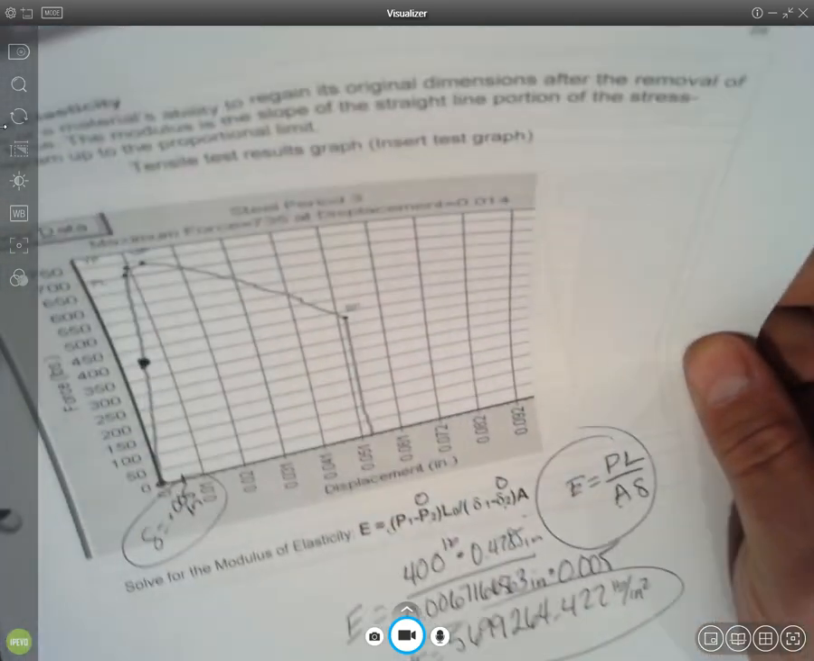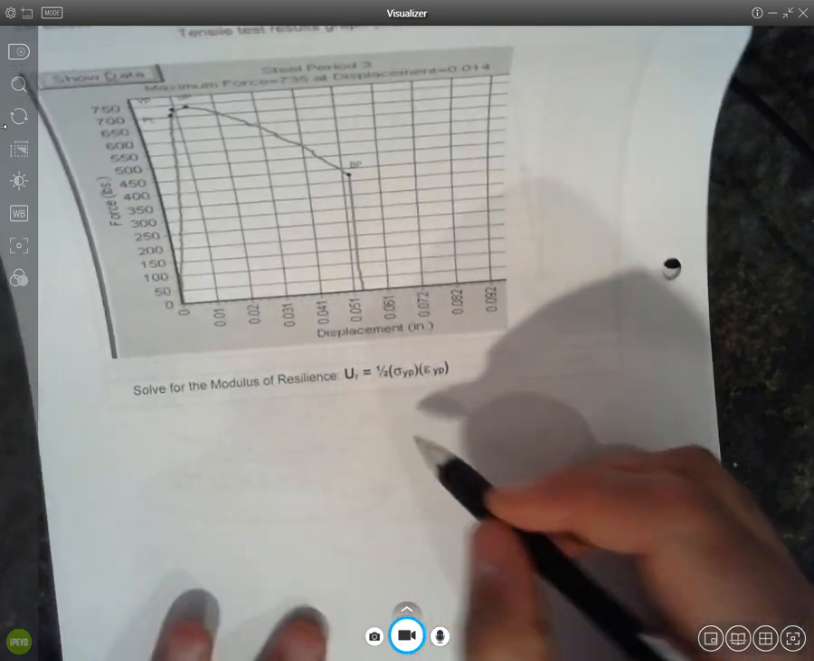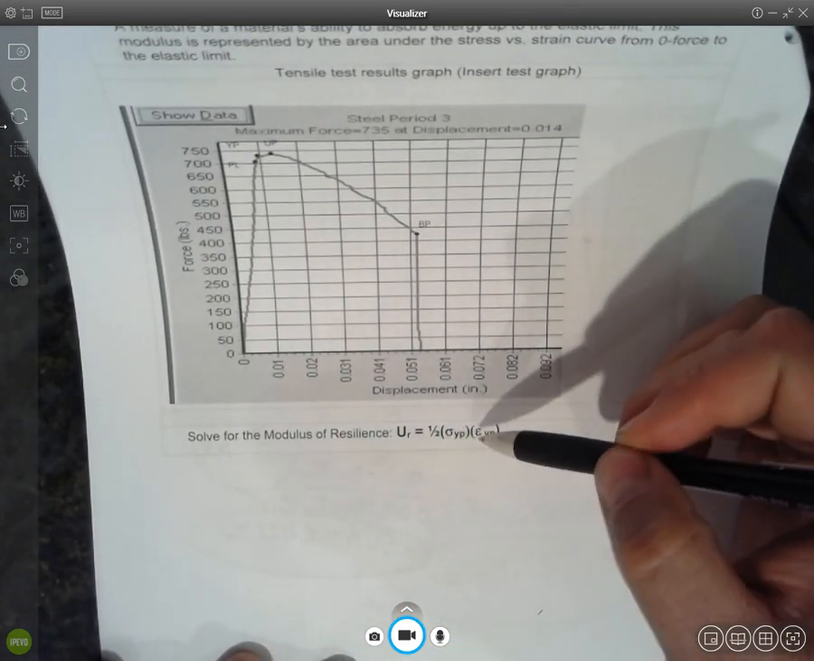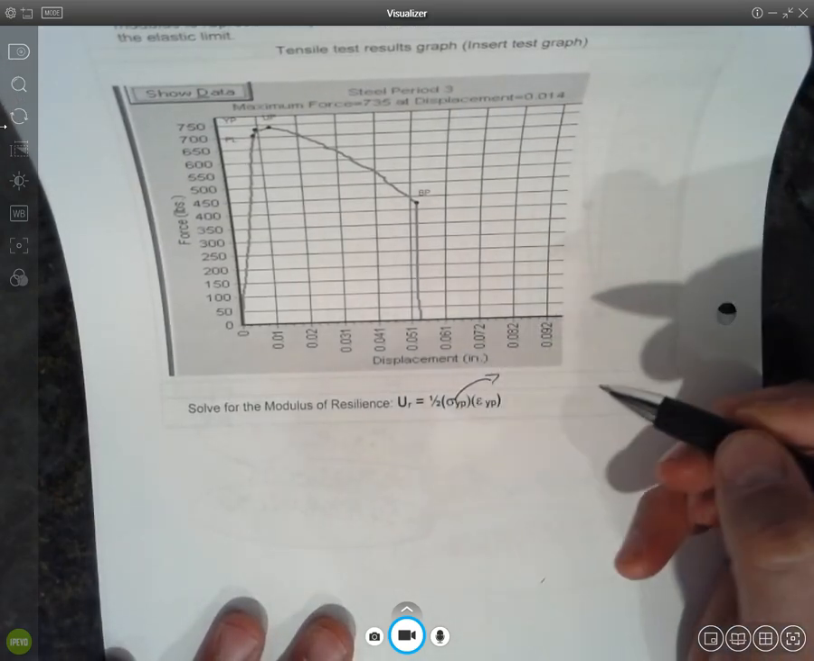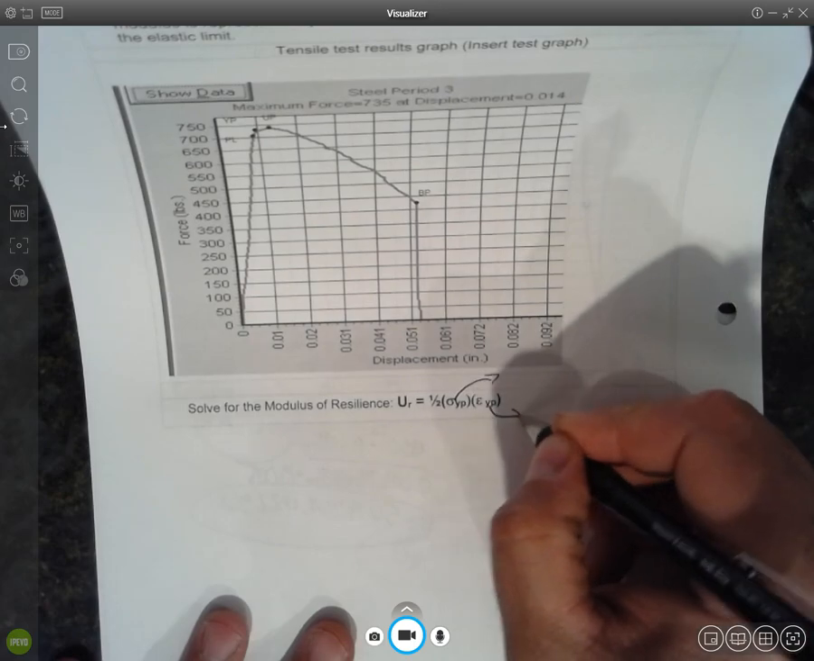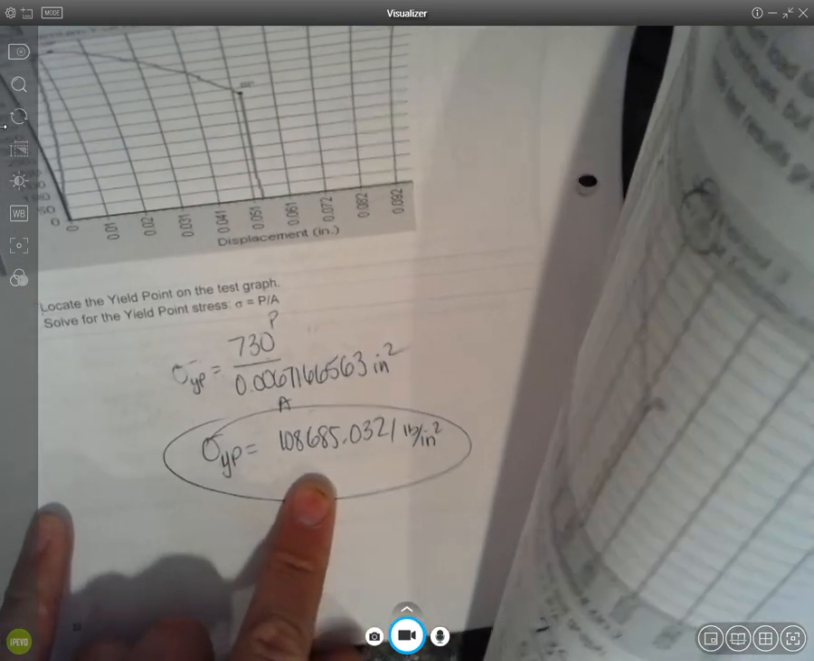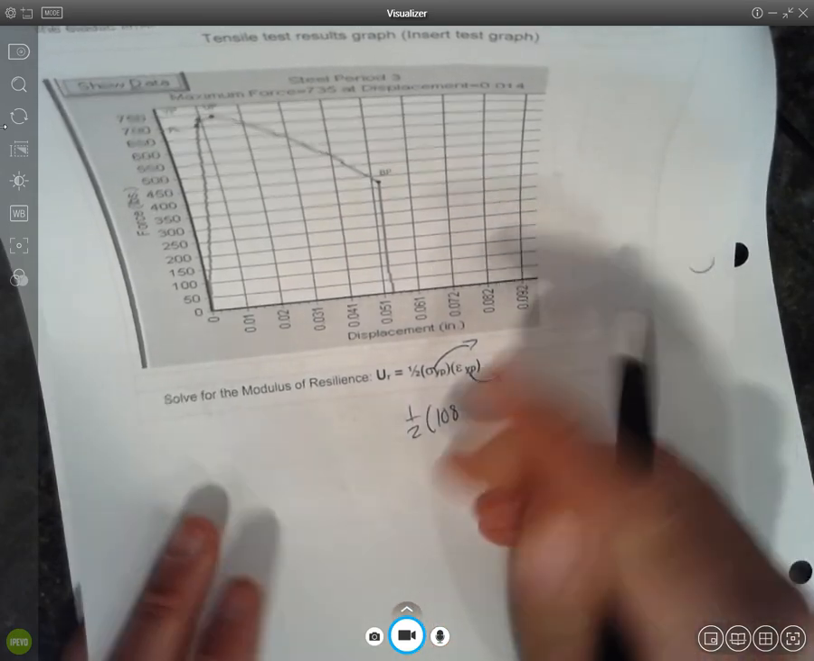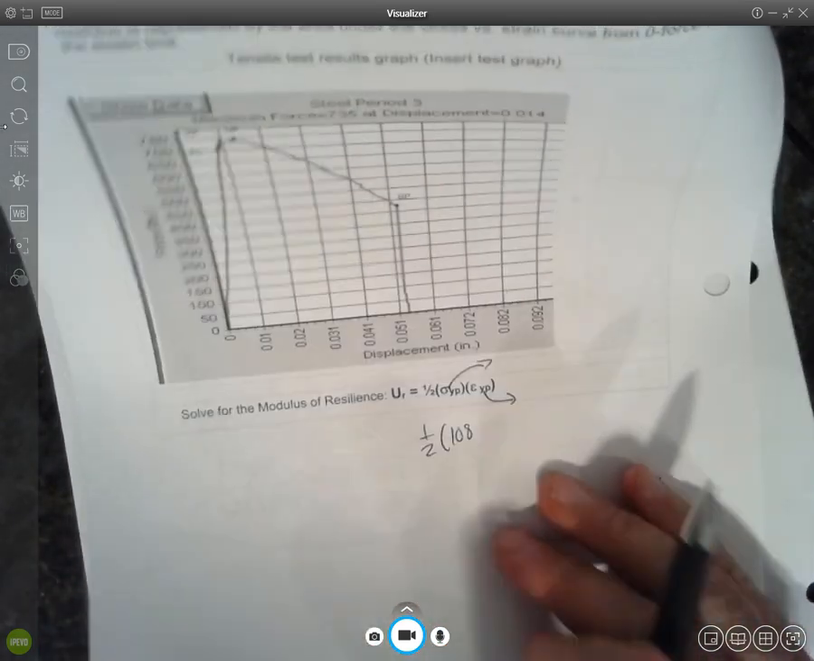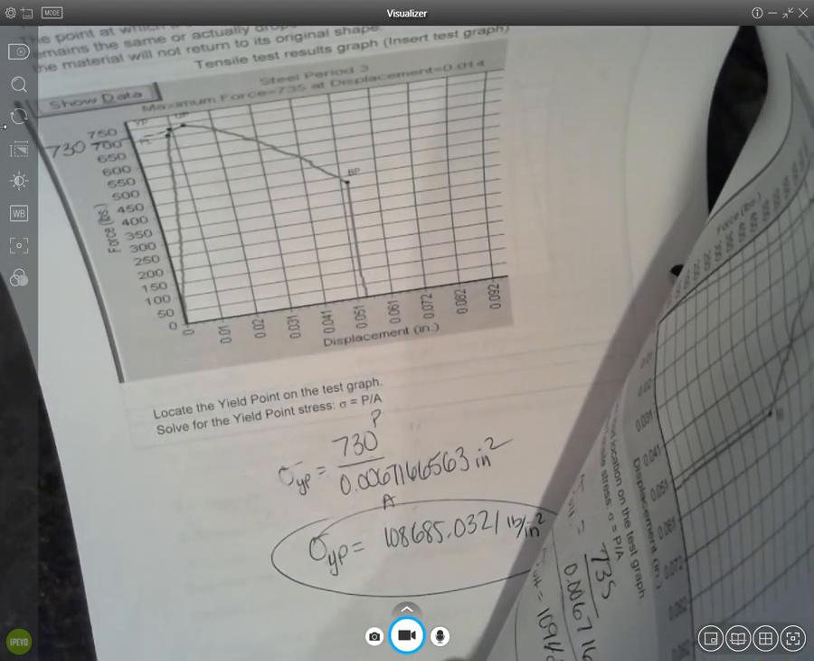All right. So turning the page, we have modulus of resilience. Oh, this one's pretty easy. Half the stress at the yield point, strain at the yield point. Stress at the yield point, we're going to go back to find that, and strain at the yield point, we're going to go back to find. And so stress at the yield point is right here, 108,685. So 1/2 times 108,685.032